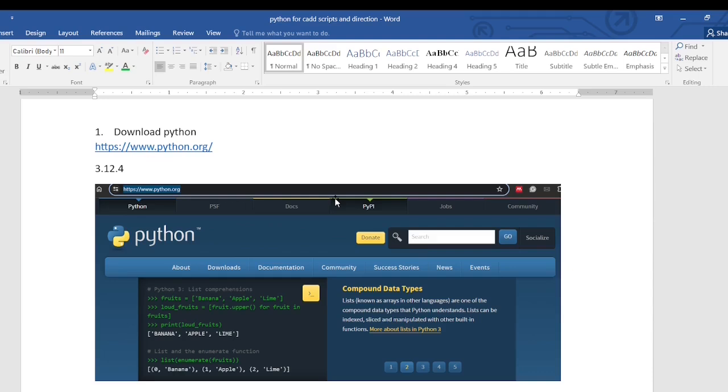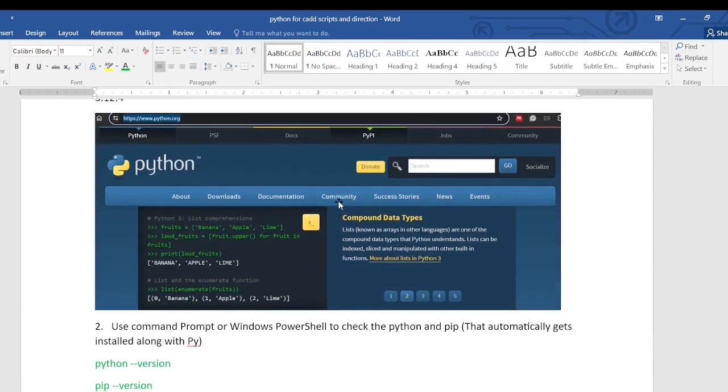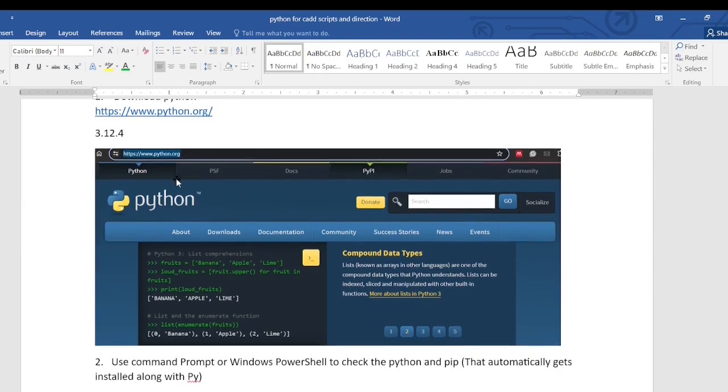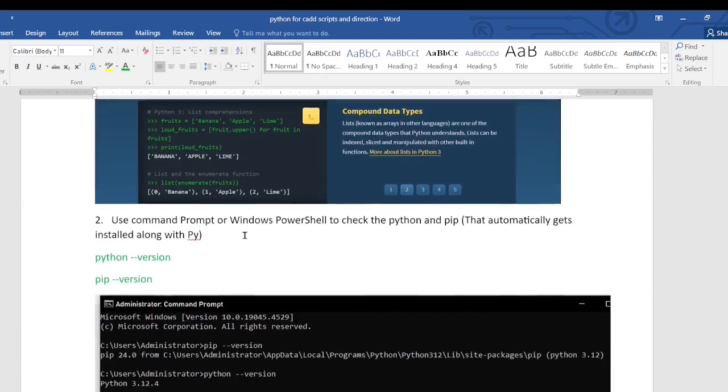So it's the home page of Python. So you can go to this home page, and you can go to the download section, and based on your operating system, you can download the Python programming. For example, it's showing 3.1 to 4. It's a recent version. You can download this, and